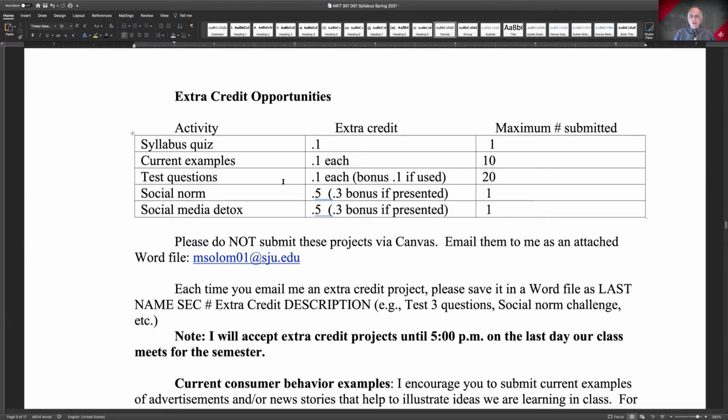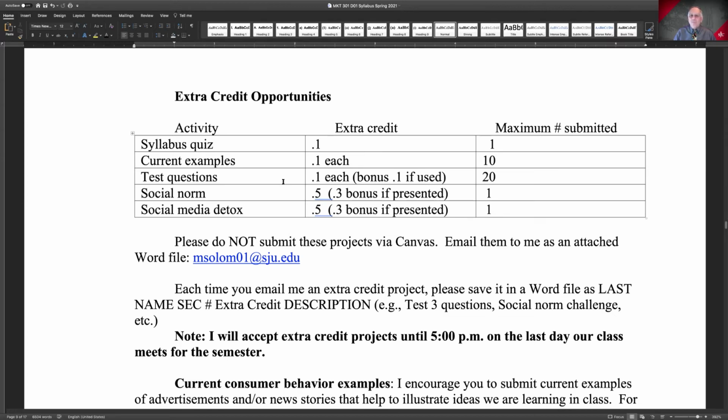I'll talk more about it before the first test. But for every one of those questions, if it's in the right format, etc., I'll give you 1/10 of a point for submitting that. And if I like the question enough, I will actually put it on the test. And if I do so, I'll give you another 1/10 of a point. So not only are you getting 2/10 of a point for every test question there, but presumably when you take the test and your question comes up, hopefully you know the answer and you'll get that one right.